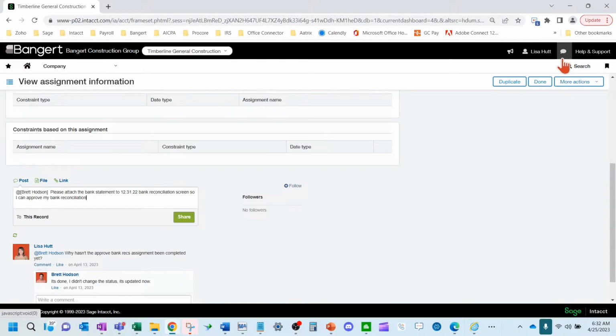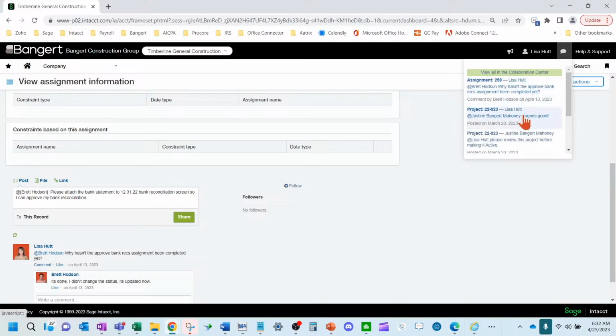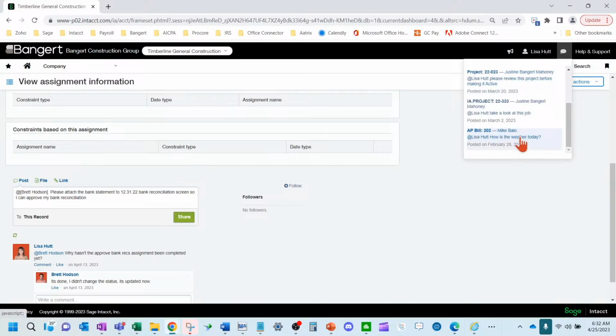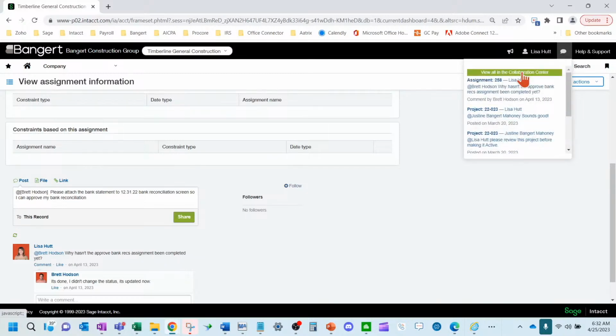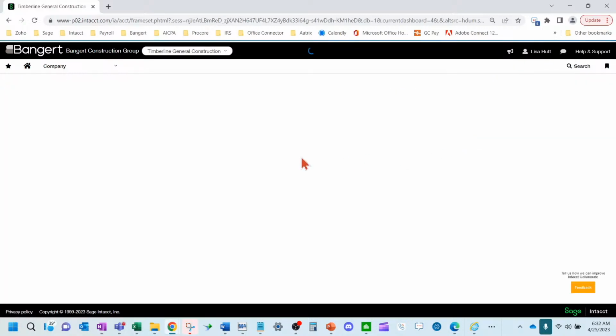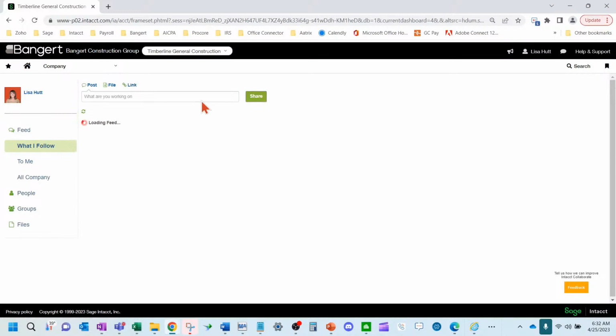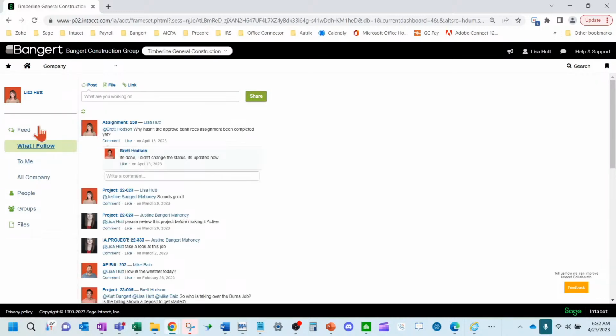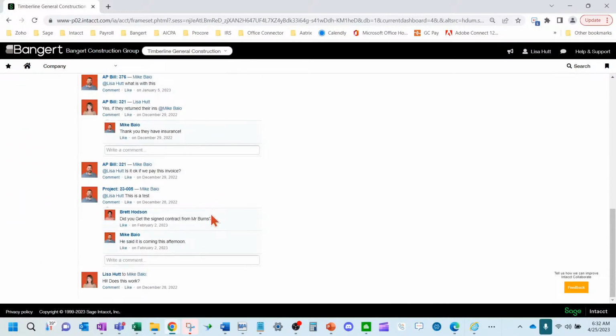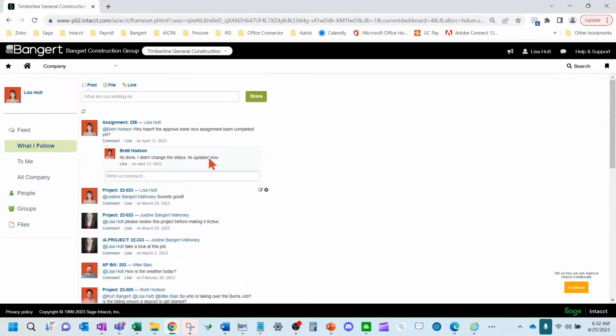Okay, so if you want to see the string of all of your messages, you can see some of the most recent ones. You can also click here, view all in the collaboration center, and it takes you to the different feeds that you can view. I can view myself, different people, different groups, and you can see some back and forth messages that go on.